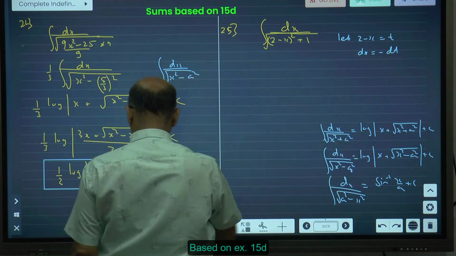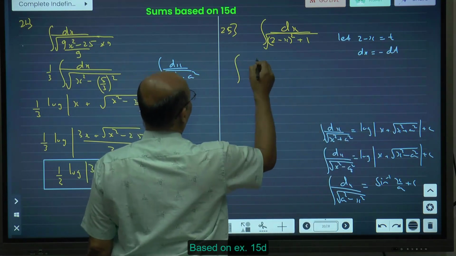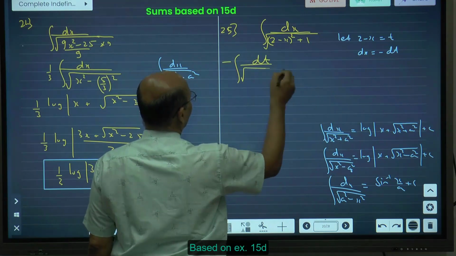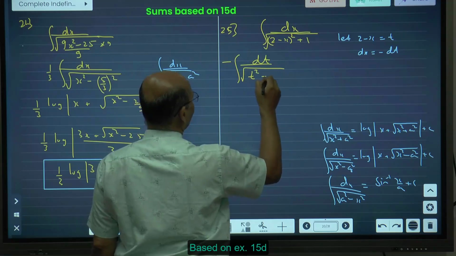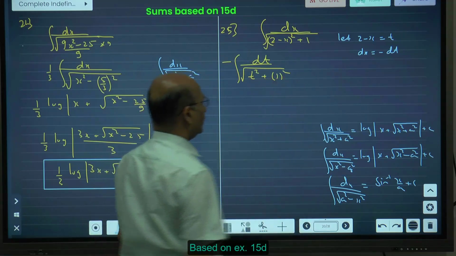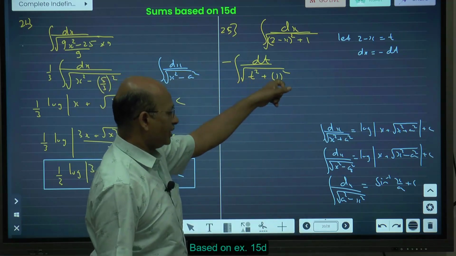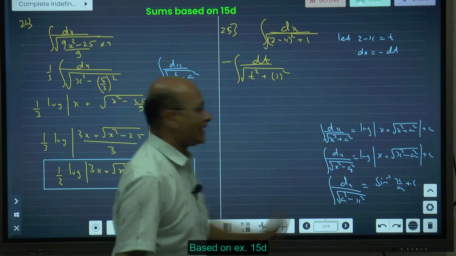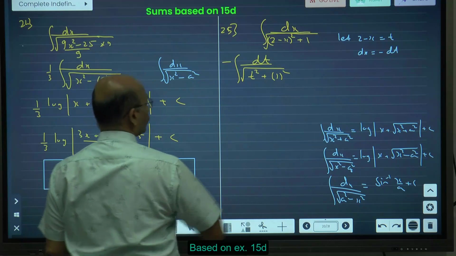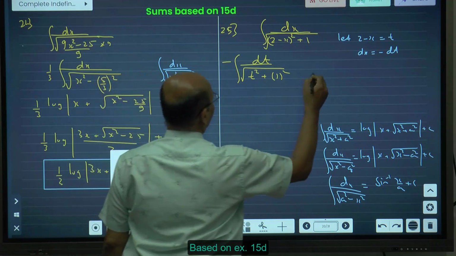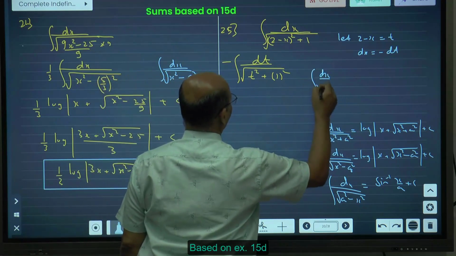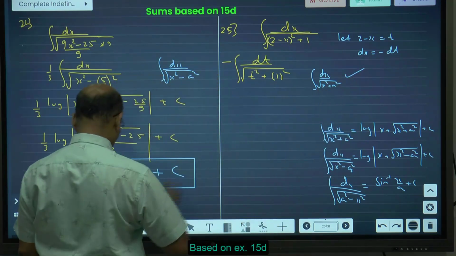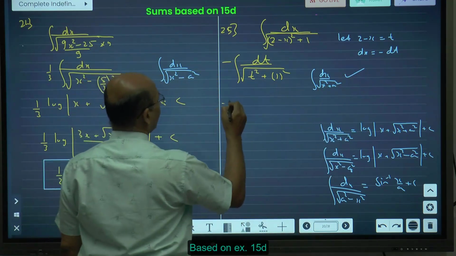So immediately what will happen, children? This will become dx is minus dt upon square root of, this will become t square plus 1 square. So I think x square plus a square. What is the formula for root of x square plus a square? Here this is the pattern. So here I want to share with you, this is nothing but dx upon root of x square plus a square format. So I can apply the formula now quickly. So this is minus 1